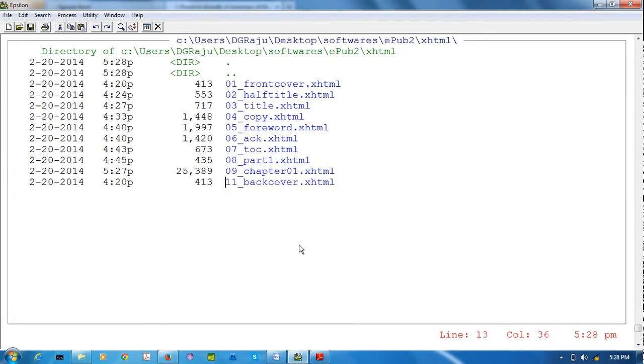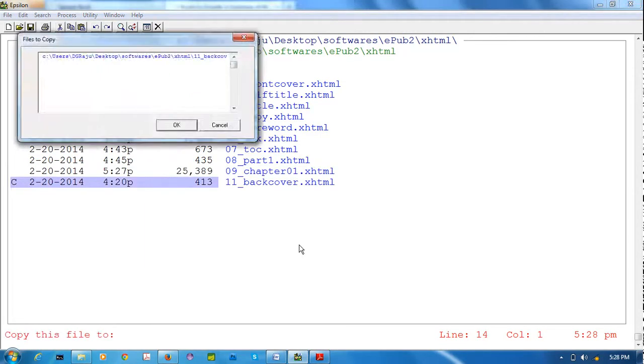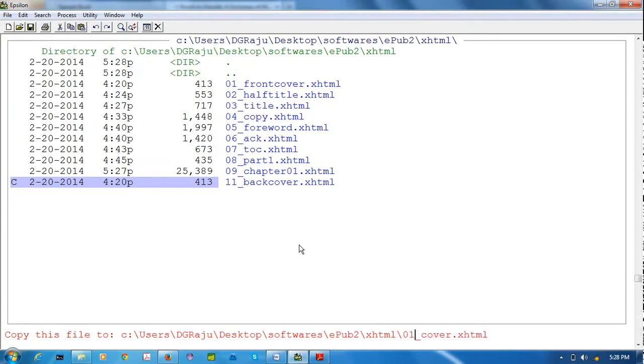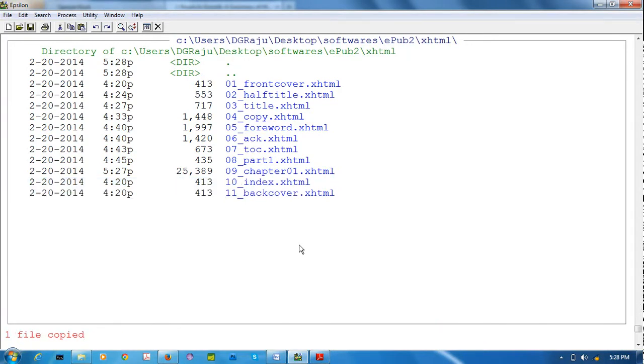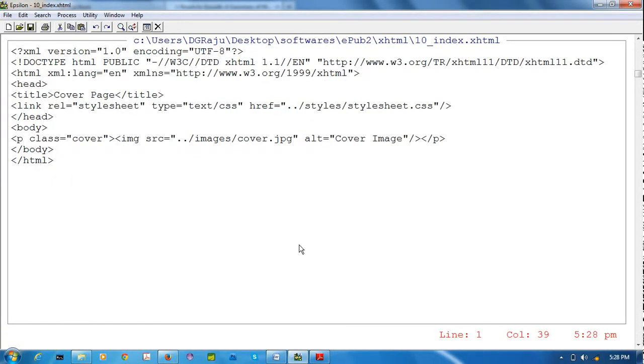So where is that 10? 10 means, I will show you one thing. Suppose I am copying this thing. 10 index. Actually our file does not have any index, but I will show you what is the index means. Okay. For that I am creating index.